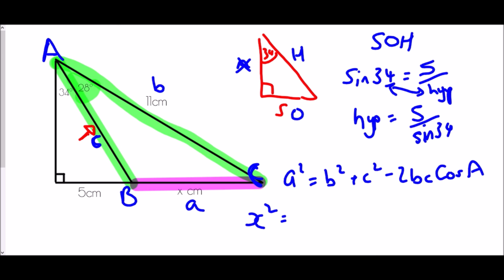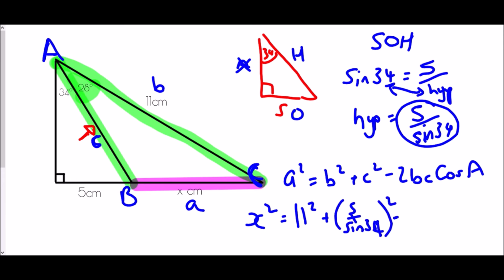Well, b is 11, c is the answer that we got up here, so that is 5 over sine 34 squared, take away 2 times b times, and again the length we got for c, sine 34 times cos